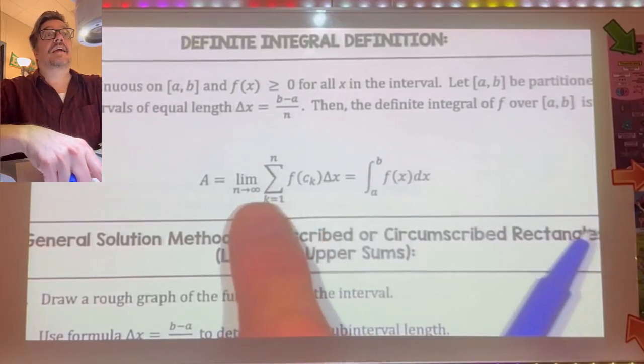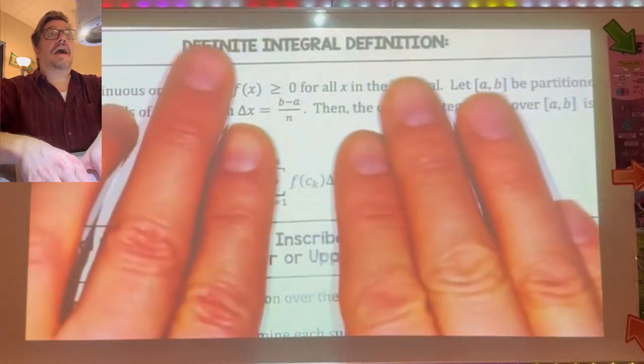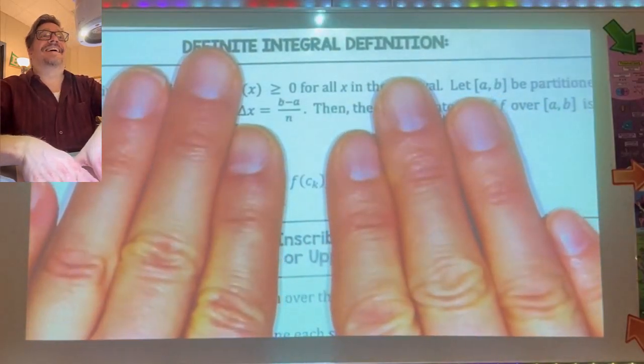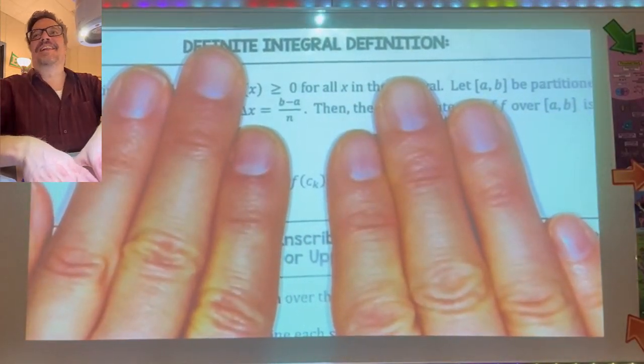He's basically saying, if I calculate the height, if I calculate the height of the curve,